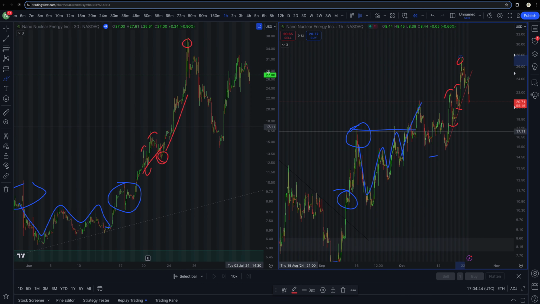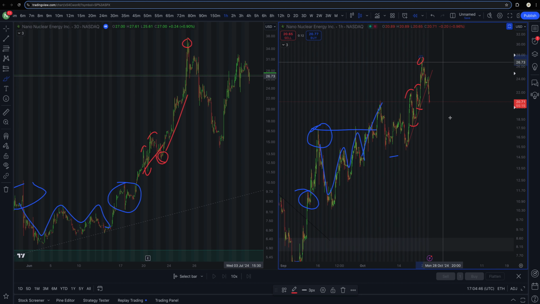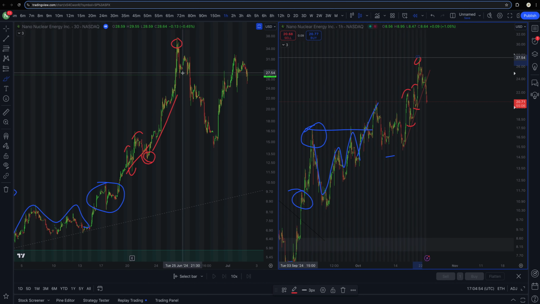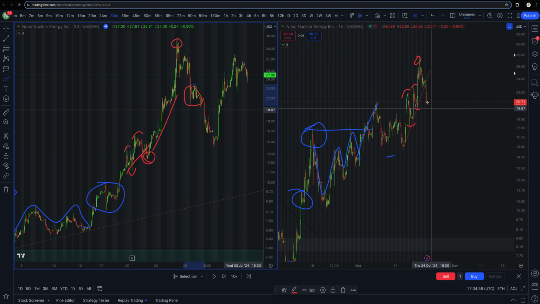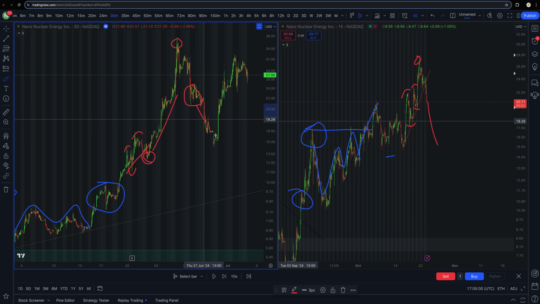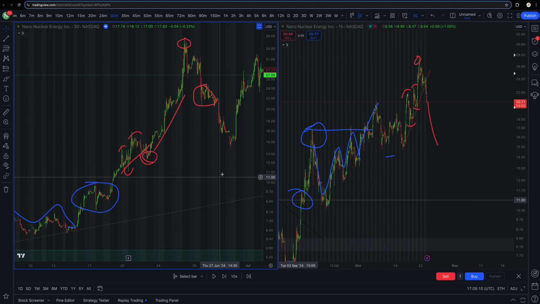And then we have a much larger consolidation here, which would be the consolidation before the breakout to $50. This is the scenario where we've already just topped out. So now we would technically be right here with price action. And then the drop all the way down to here would be the rest of this, which would still have us be able to make a huge profit back up to like $27 or whatever. Okay. So there's still some really good moves to trade there, but the whole $50 move wouldn't be in this